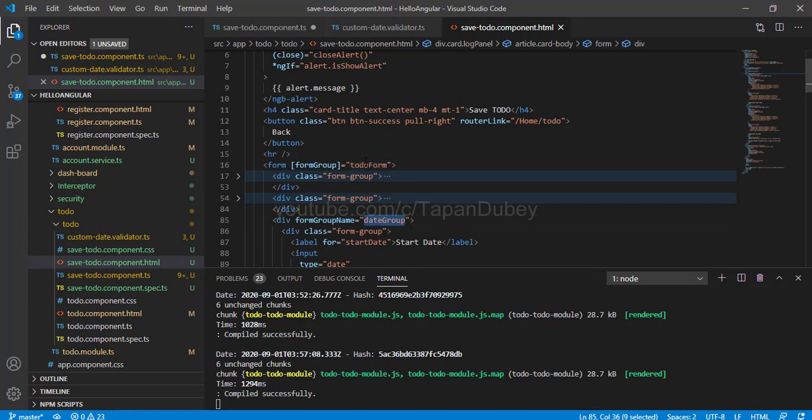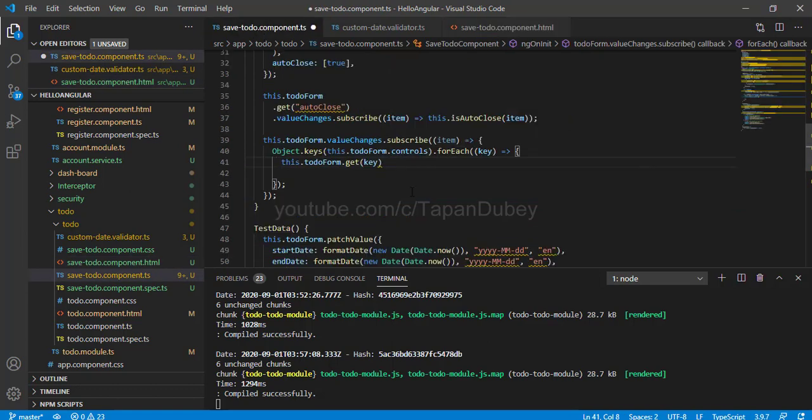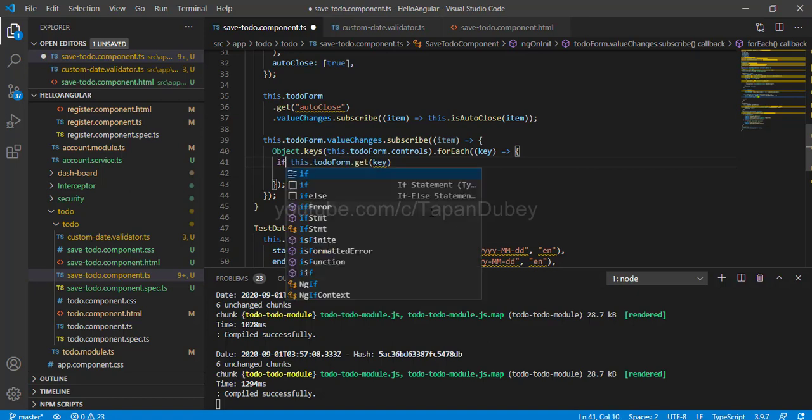So our todoForm has one group, and that group has children start date and end date. So we need to add logic for our group as well. How can we identify whether that control is a form group or a normal control? So I can add one if condition here,